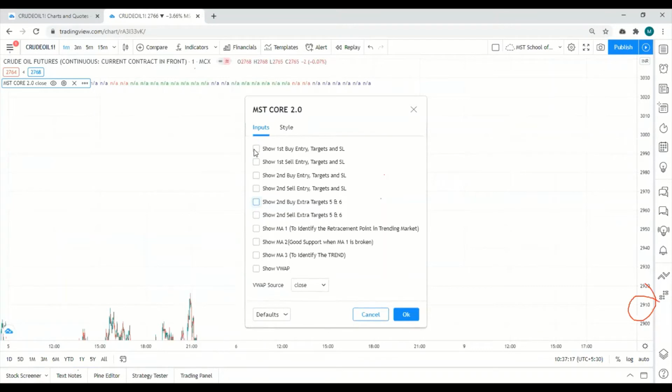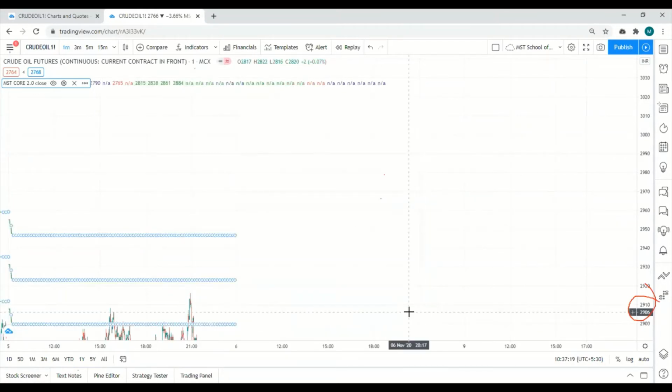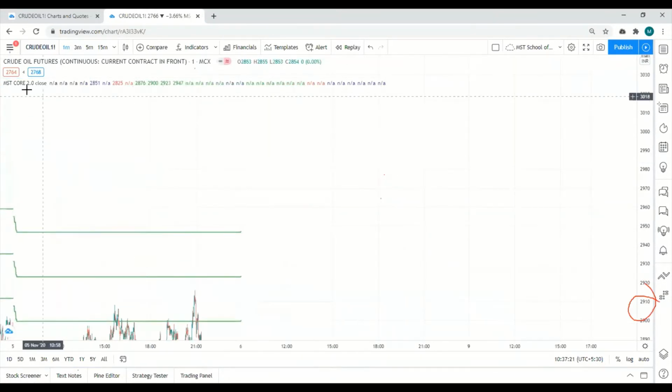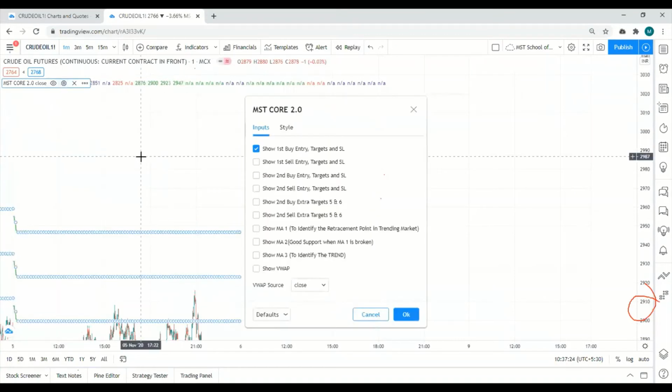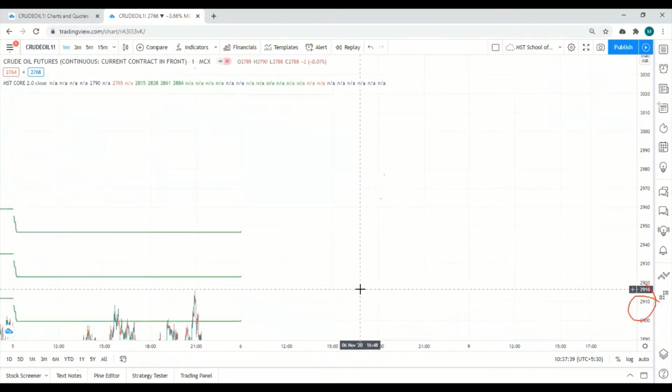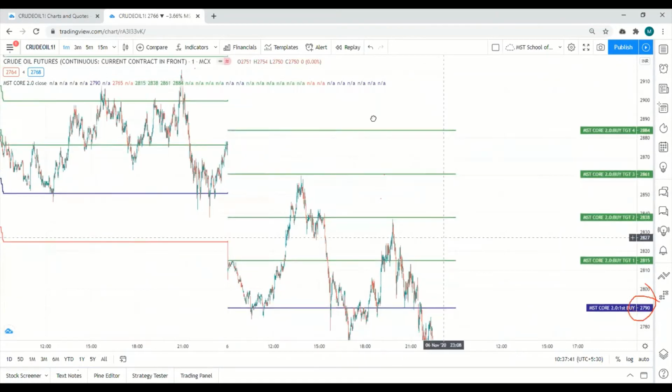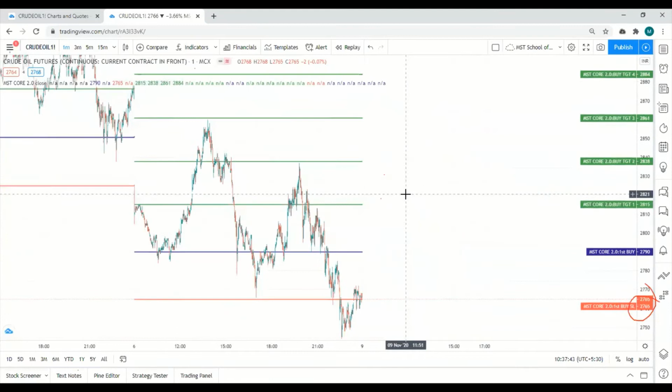And one more thing I forgot to tell you, you can keep 3 points buffer. Suppose yesterday's low was 2790, and if it is not breaking 2790, and if it is trading around 2792-93, if it is not coming down, then you can take 3 points in advance. Because our stop loss is only 25 to 26 points, you can take minimum of 30 points risk and you can keep 30 points stop loss. 1:1 ratio you can keep always, no issue.